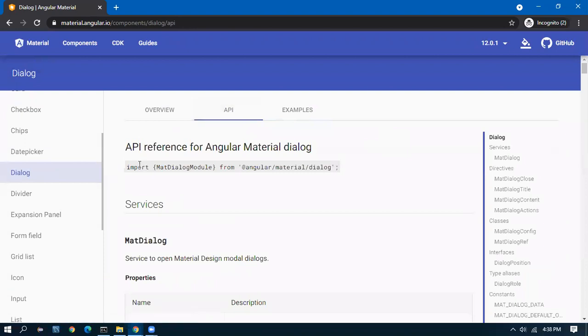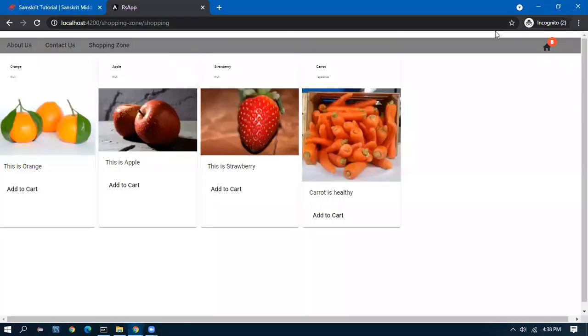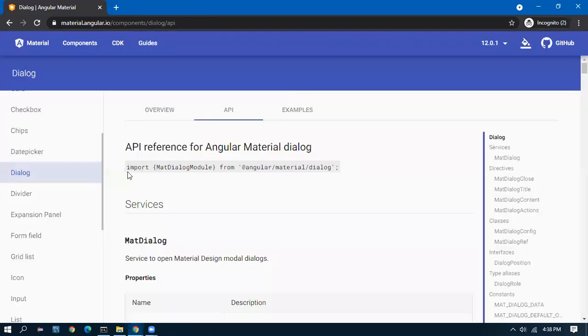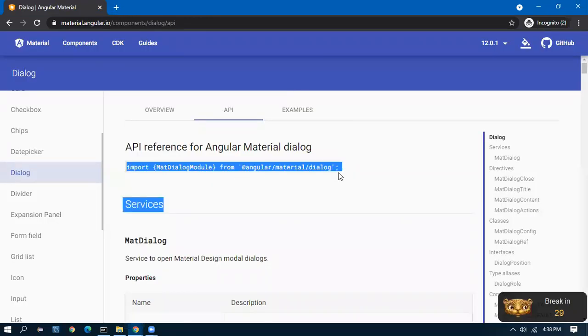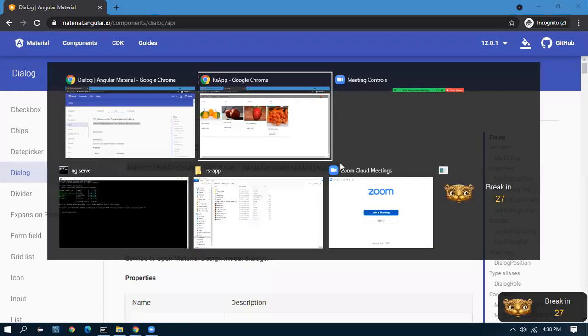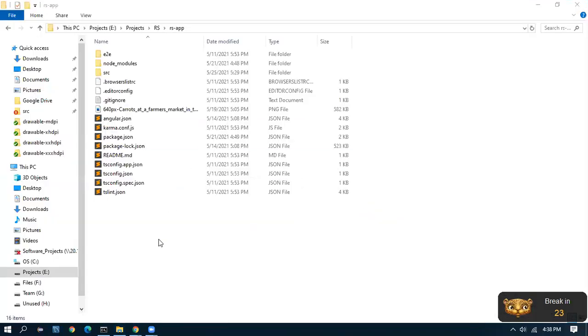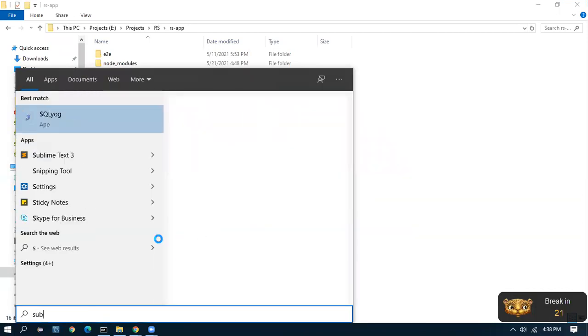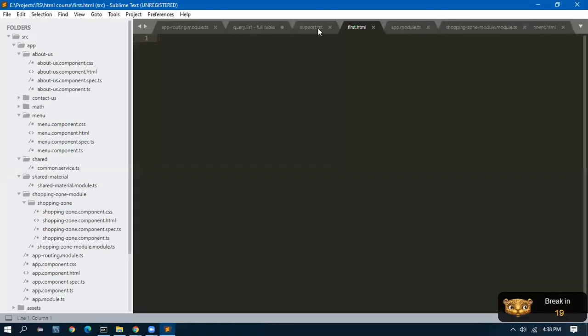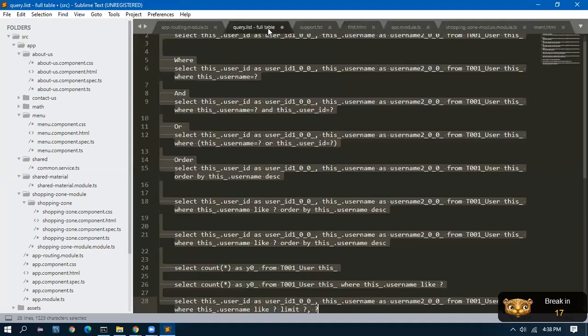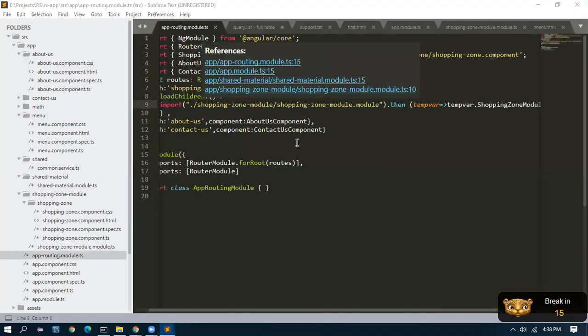So as usual, first, where should I import this? This is in the menu. Menu is in the app module. So I have to do this import, but we are maintaining all the material imports in a common module. So we are maintaining the materials here.